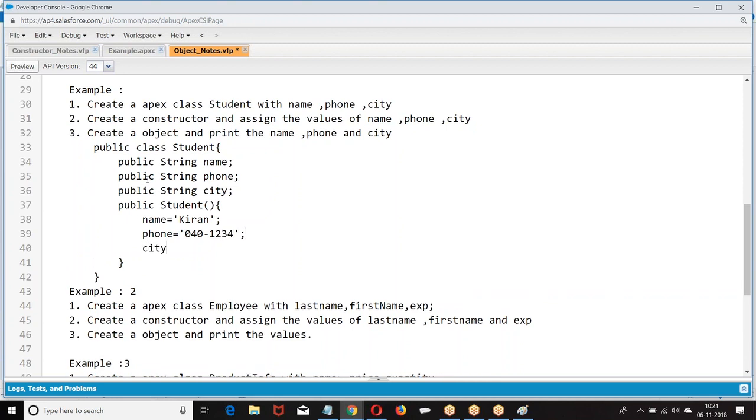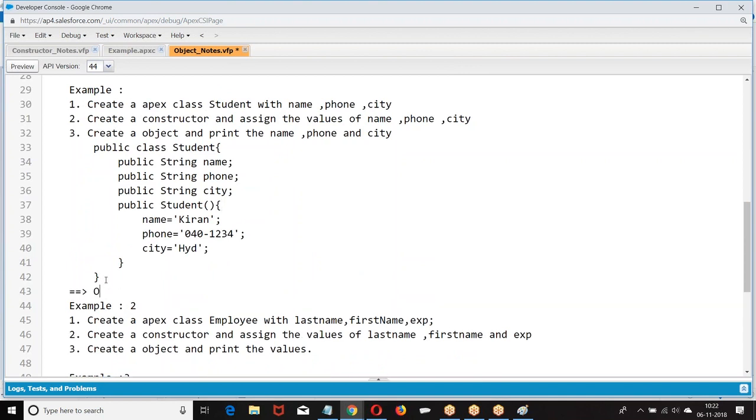Now look at the data we have taken. I told you to create a class Student. Then I asked you to take name, phone, city. We have taken name, phone, city. Then we have created a constructor. Then we are assigning the values. How will you execute? Open the execute anonymous window.